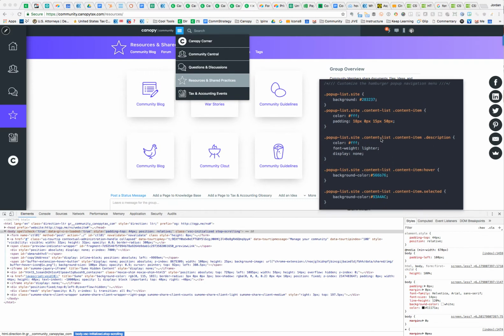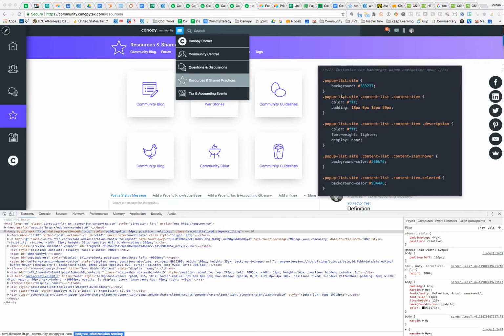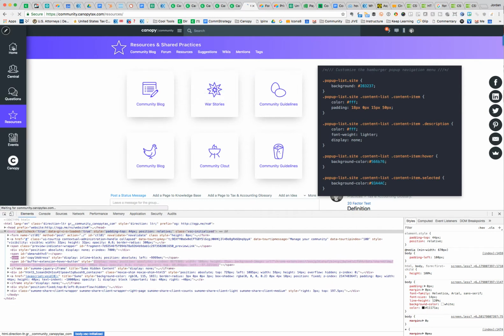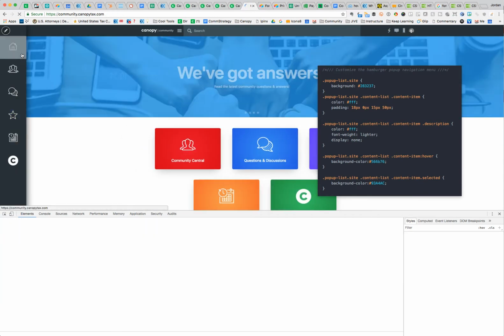All right, so we've gone through all these top ones. Now we're looking at this item that's selected. So again, I found out what the class was, put the class in, put a background dash color, colon, and then I put in the color that I wanted. Particularly, I wanted the color to match, just to keep the styling similar. I used a color that matches this right here